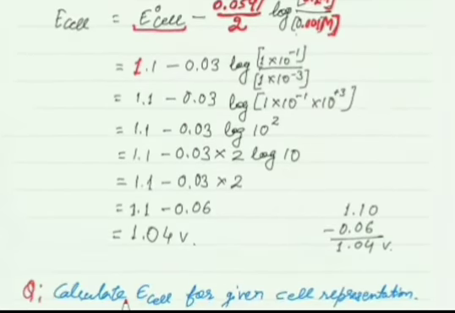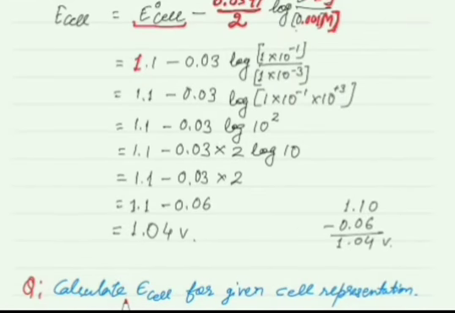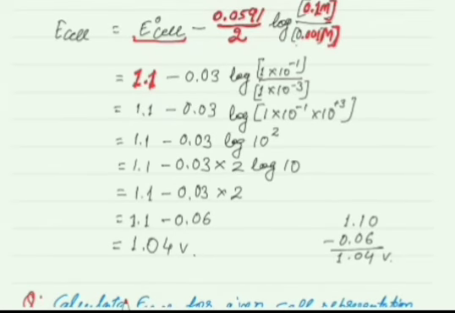So I think up to this point it is clear to you. After that we have to write the standard electrode potential of the cell. It is given to you. It is about 1.1 volt for the Daniell cell, and it is constant. So as the standard electrode potential of the Daniell cell is given to you, after that we write the small calculation, that is